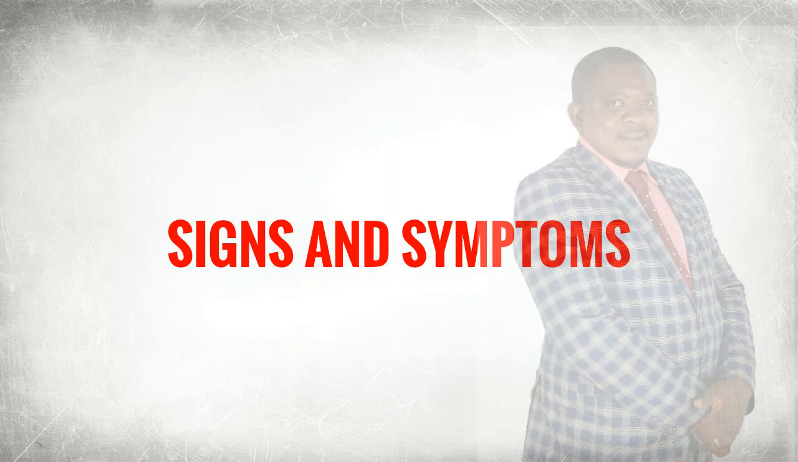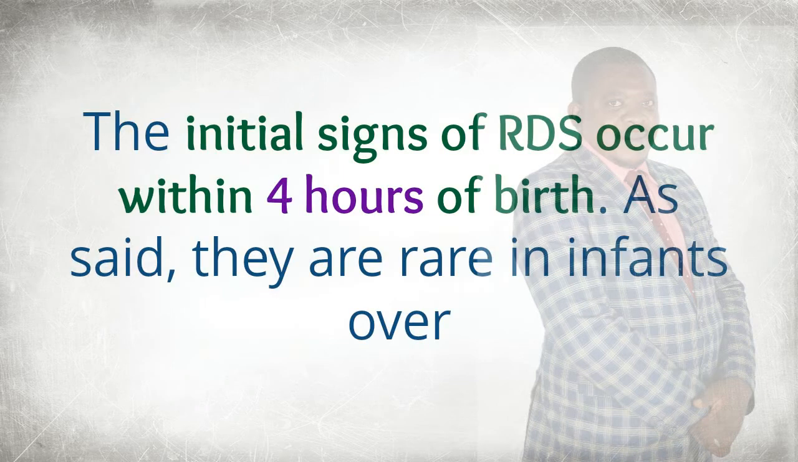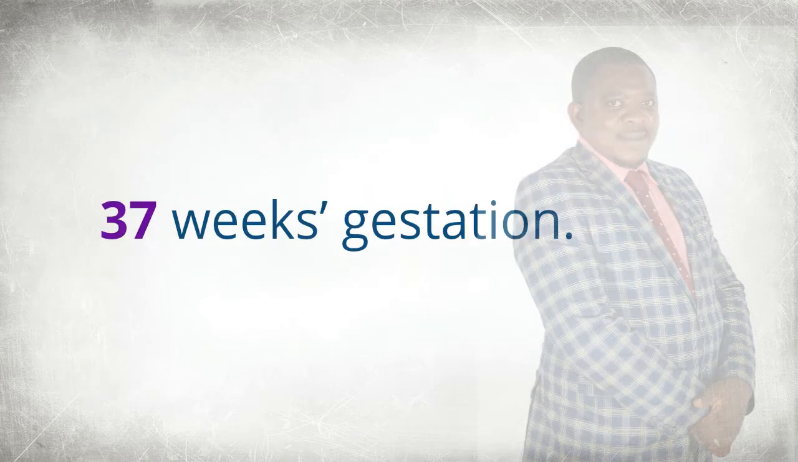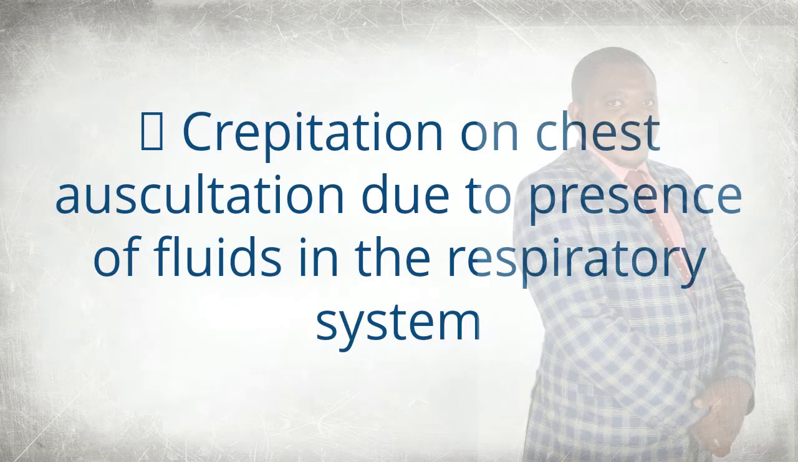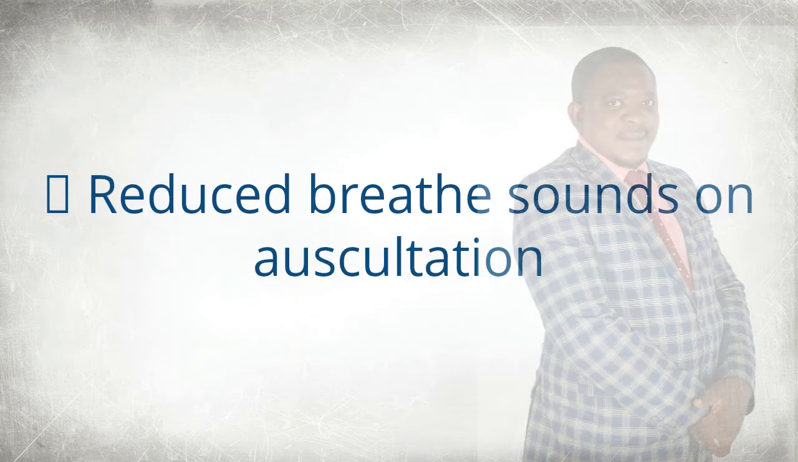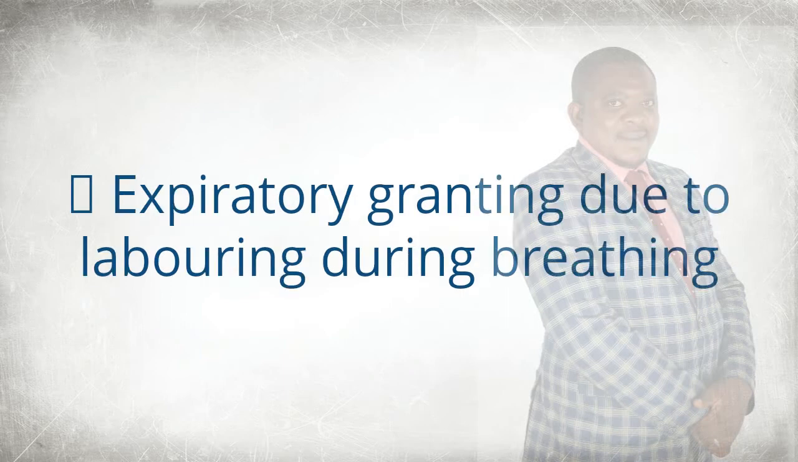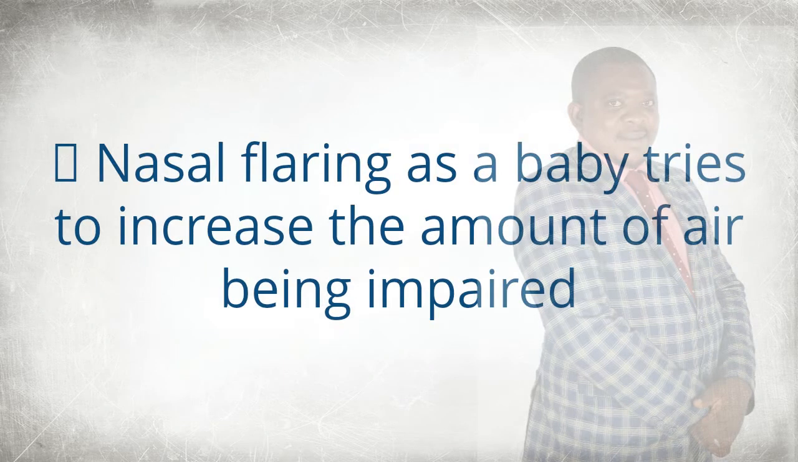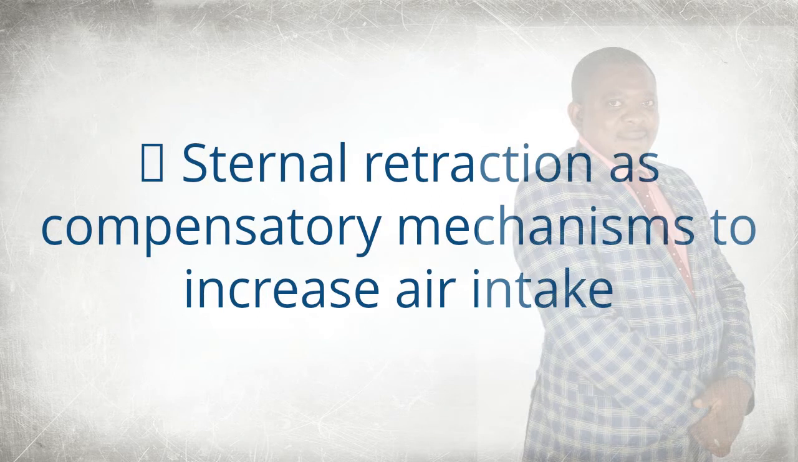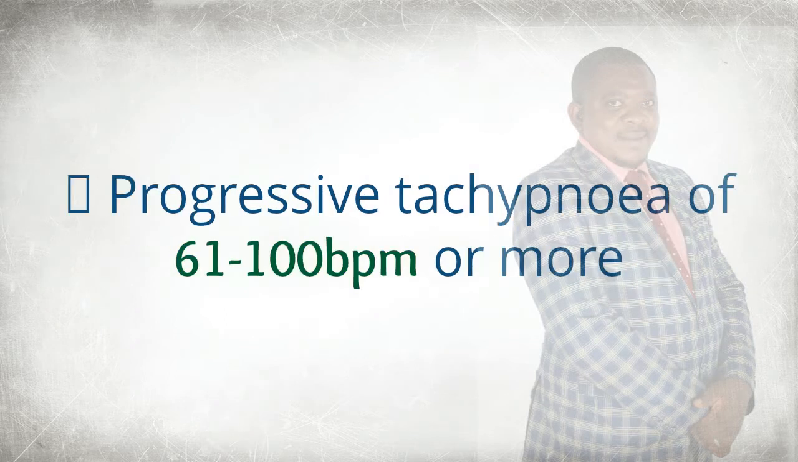Signs and symptoms: the initial signs of RDS occur within 4 hours of birth. As said, they are rare in infants over 37 weeks gestation. Crepitation on chest auscultation due to presence of fluids in the respiratory system, reduced breath sounds on auscultation, deteriorating APGAR score, expiratory grunting due to laboring during breathing, nasal flaring as a baby tries to increase the amount of air being impaired, sternal retraction as compensatory mechanisms to increase air intake, intercostal or chest recessions, indrawing,